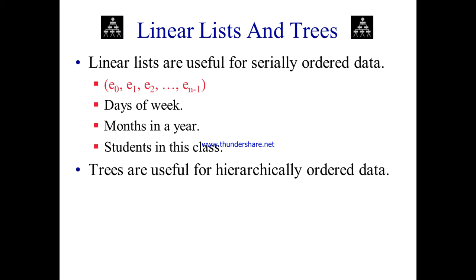When you come to a tree, the tree is going to represent hierarchically ordered data. For example, if you take an organization, like our own organization, the hierarchy will start from the root element, the chairman. Then we'll go to the principal. From the principal we'll have a number of HODs, which is another level of the hierarchy. After the HODs you'll have the faculty. Like this, we'll have a hierarchy of data. When you have a hierarchy of data, we must represent it as a tree.